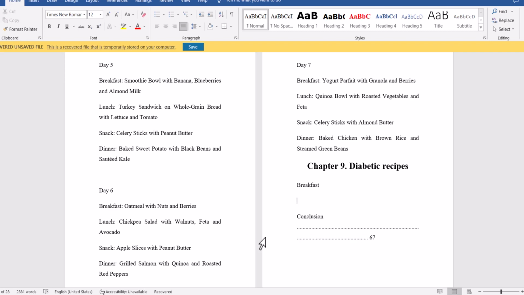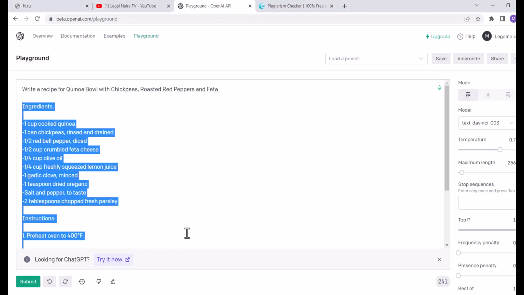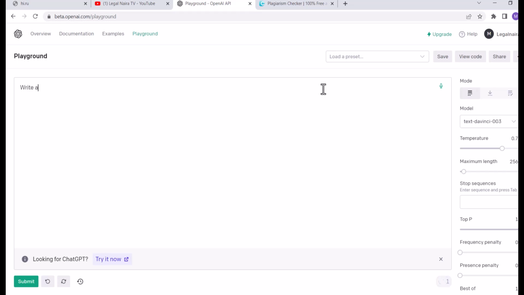Now, for breakfast recipes, all you need to do is to go back to your tool. Then you say, write a diabetic breakfast recipe with ingredients and instructions. You remember I said you have to be specific. You must tell this tool exactly what you want. If you say write a diabetic breakfast recipe and leave it like that, it just gives you random recipes. It might not even put the ingredients and how to prepare them. But if you tell it that you want it to write ingredients and preparation instructions or preparation methods, it will